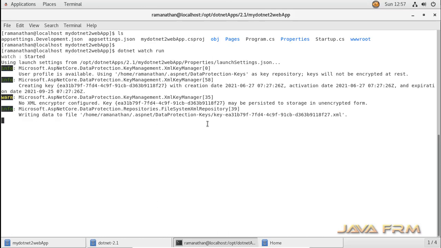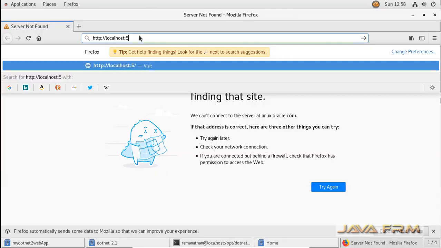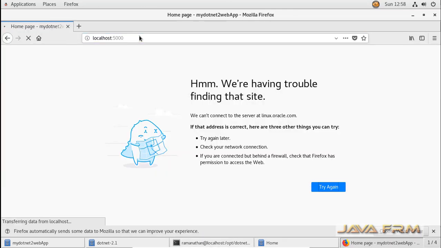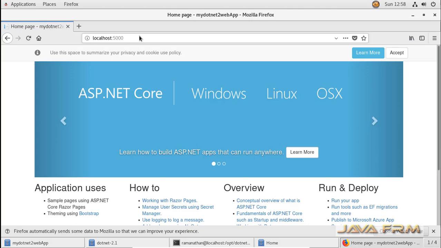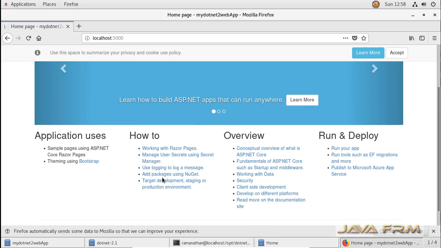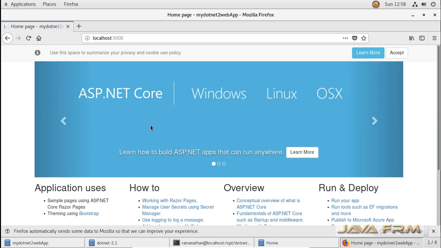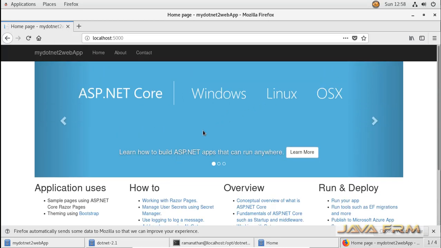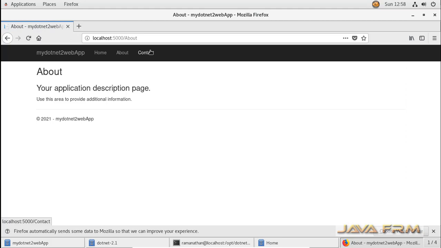So you can access the application on port 5000. I have started the Firefox browser, localhost:5000. Yes, this is the home page of the sample ASP.NET Core application. You can modify the web pages as per your needs, depending upon your creativity, requirement, etc.